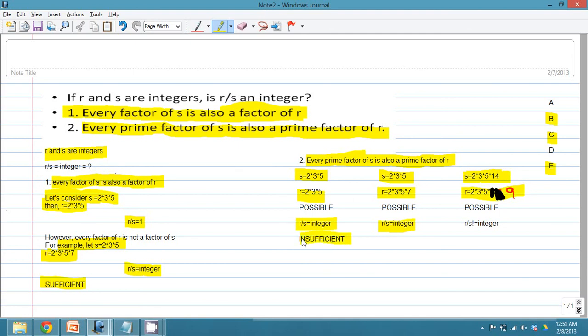Option 2 would be insufficient. Now we know the second option is insufficient. It can give us a situation where r by s is an integer, and it can give us a situation where r by s is not an integer. So it's insufficient. So D can't be the answer, because D says that the second option is also sufficient individually. So therefore A has to be the right answer, and therefore our answer is